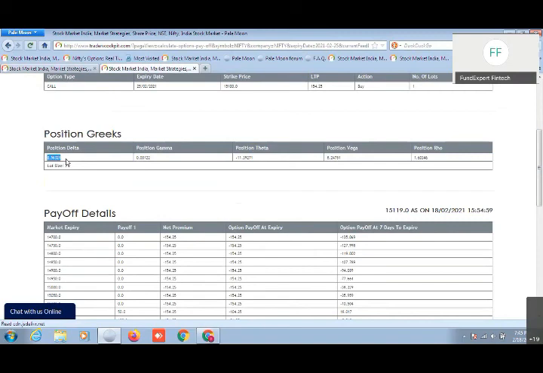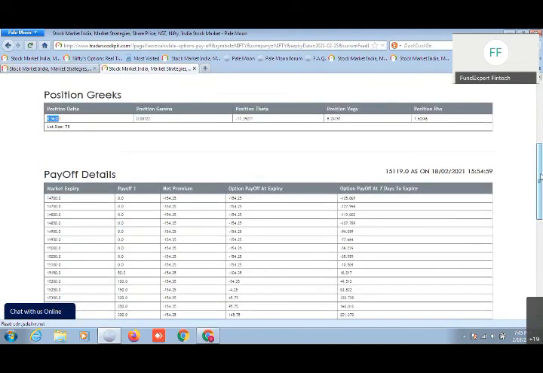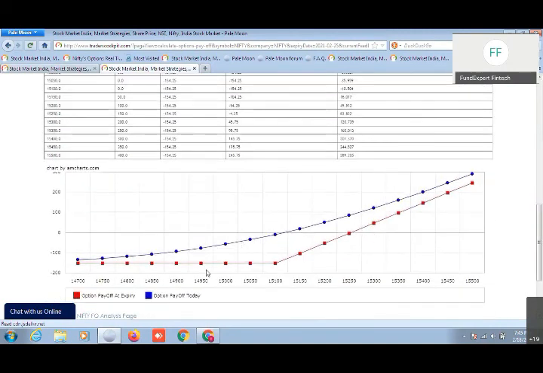So what does it mean? That means if Nifty goes up by 100 rupees, my option premium will rise by 56 rupees here. If Nifty goes up 10 rupees, this premium will rise by 5.6 rupees. If Nifty goes up by 100 rupees, say from 119, if in a single day tomorrow, if it goes to 219, then my premium value will go up by 56 rupees here. Hope it is clear. And similarly, if you want to learn about other aspects of option premium value and how to calculate them, then obviously those things are taught in detail in our options training classes, that you can look to attend. But this one on the software side here, as I said, you can calculate the payoff also.